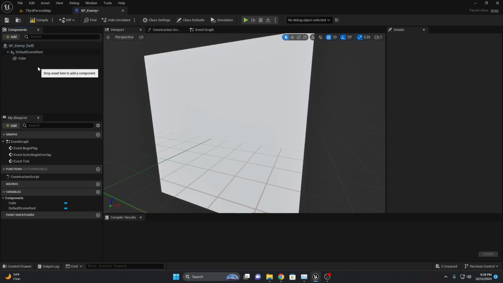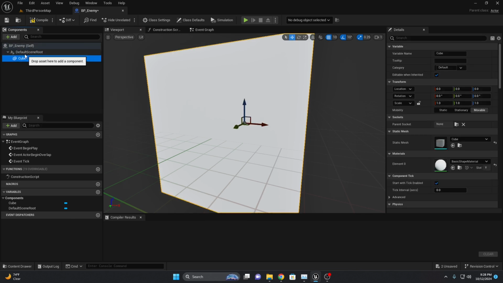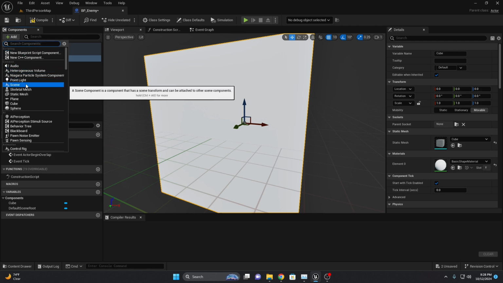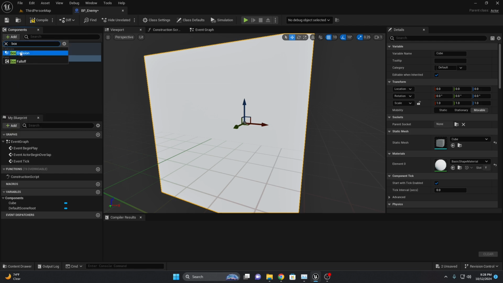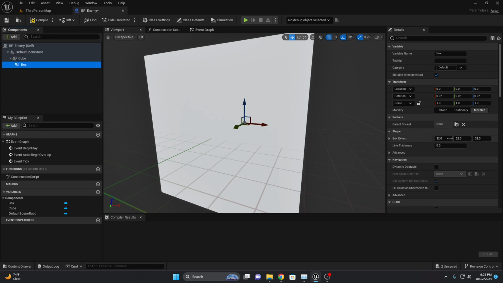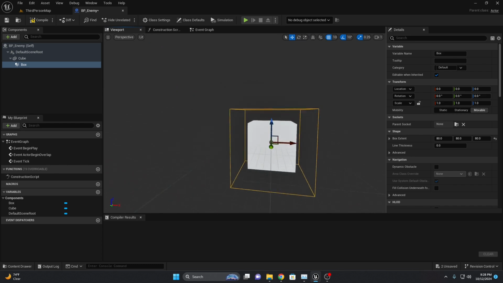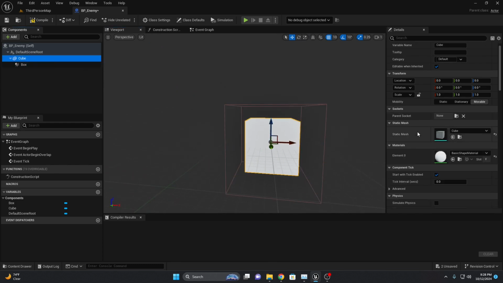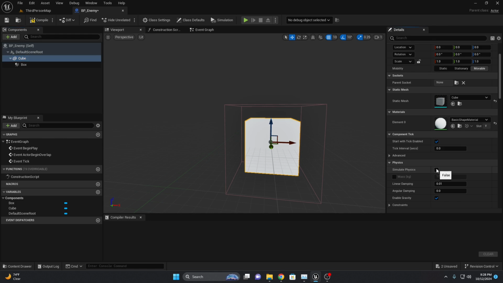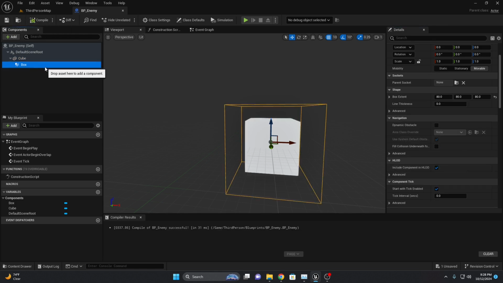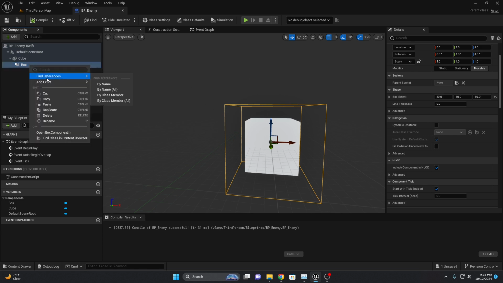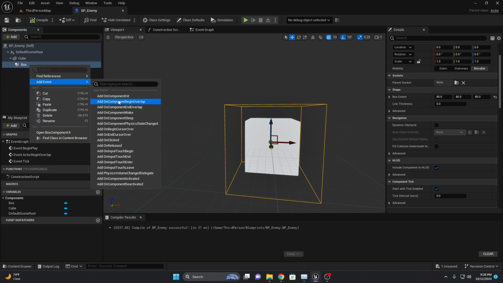For this video. And make sure you have the cube clicked. And we're going to add a box collision. Come over here and change it to 80 all the way around. And come back up to the cube, go down to simulate physics and mass, right? Compile, save, and then go back down to the box collision, right click, add event, and add event begin overlap,